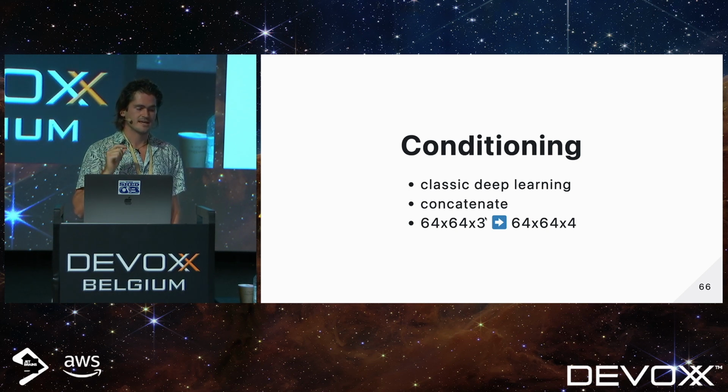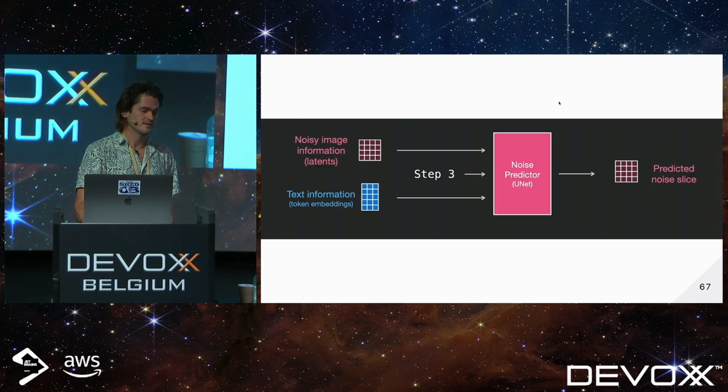That is the case because the latent representation learned by the autoencoder is of that dimension, I believe. And then you concatenate that with the text embeddings, which are 64 by 64 by 1, to get a 64 by 64 by 4 vector. And when you train your denoising model, the UNet is not quite like a standard diffusion model